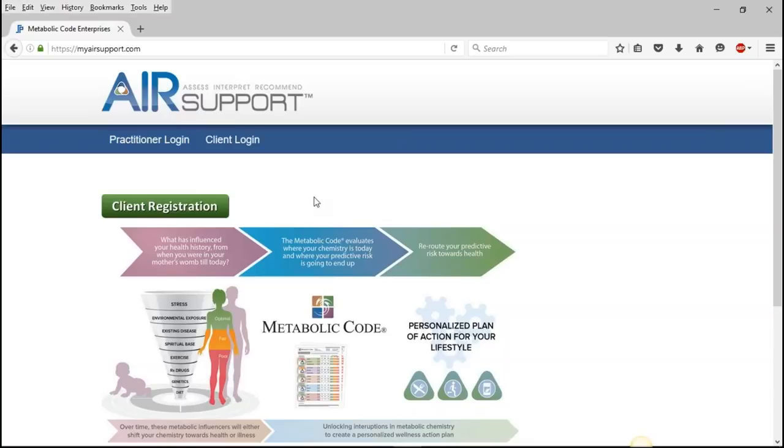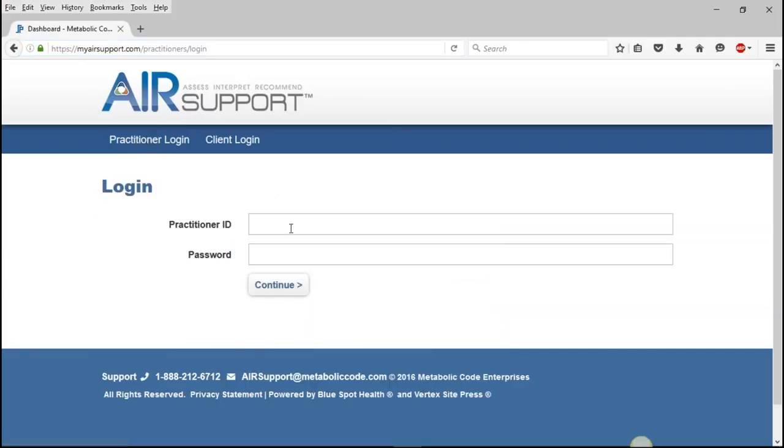After you receive the email notification that a report is ready to view, visit myAirSupport.com and click Practitioner Login. Log in using the practitioner ID and password that was provided in your welcome email. You and everyone in the practice will share the same login. Click Continue